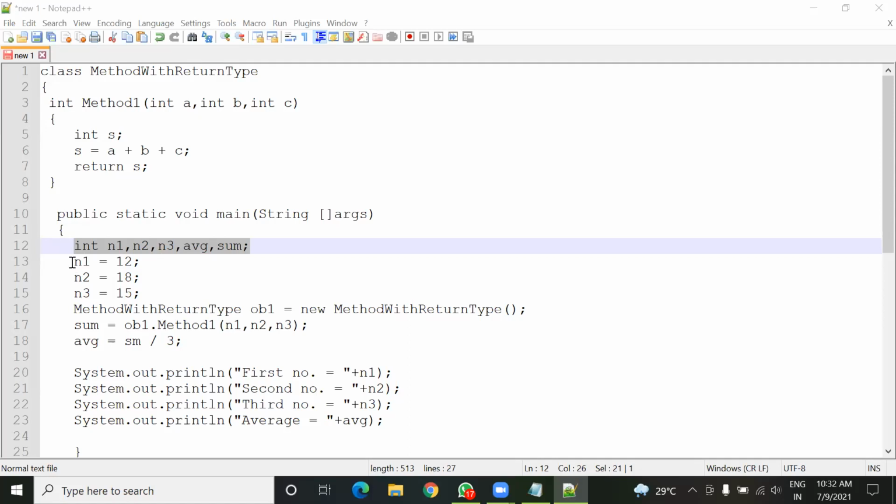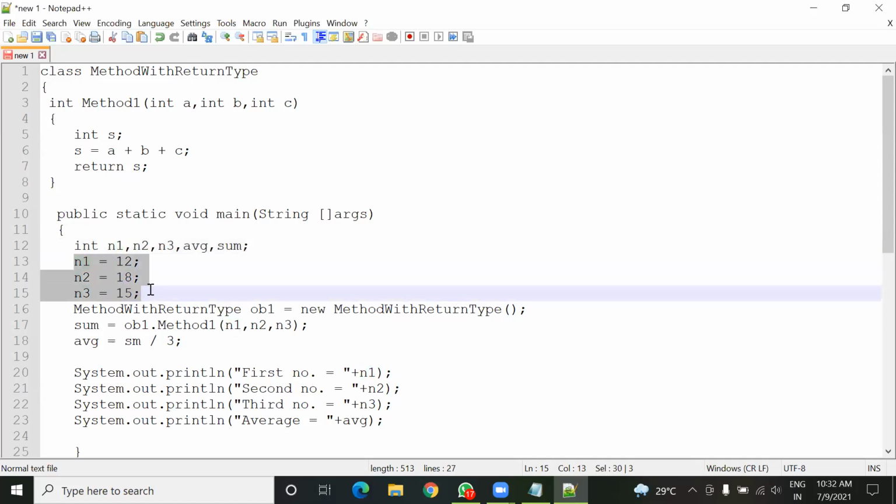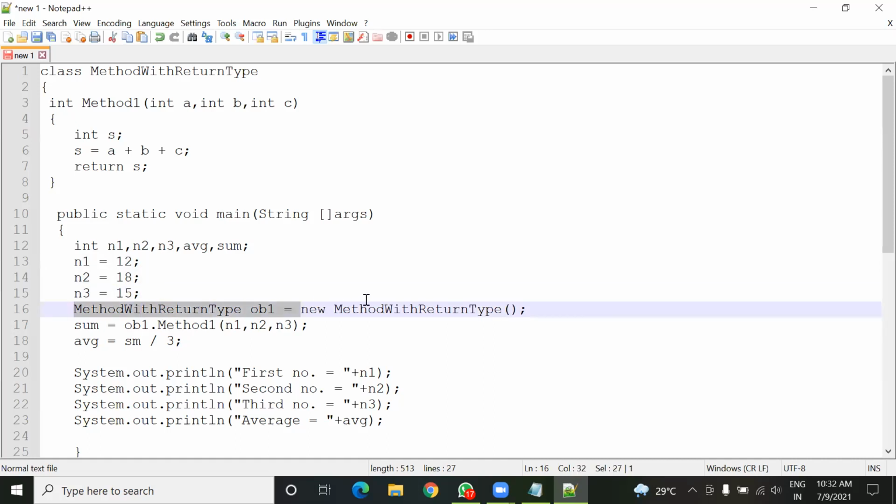Out of these 5 variables, I have assigned values to 3 variables, n1, n2, and n3, using these 3 statements. Now after this, this line will be executed. In this line, one object is created of this class, method with return type. The name of the object, you can see, is OB1.